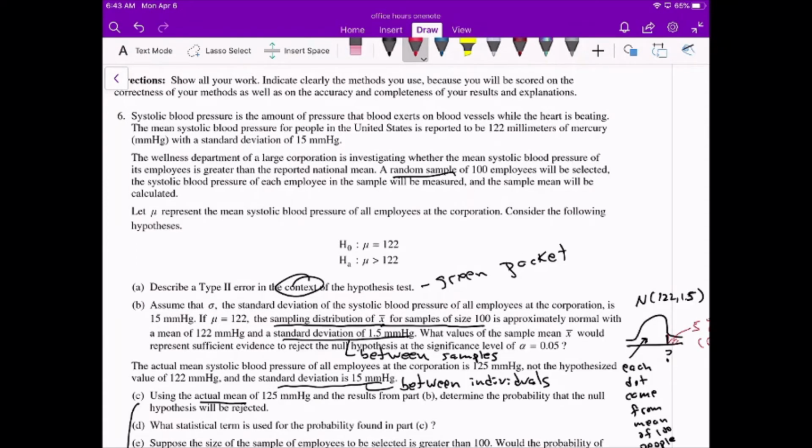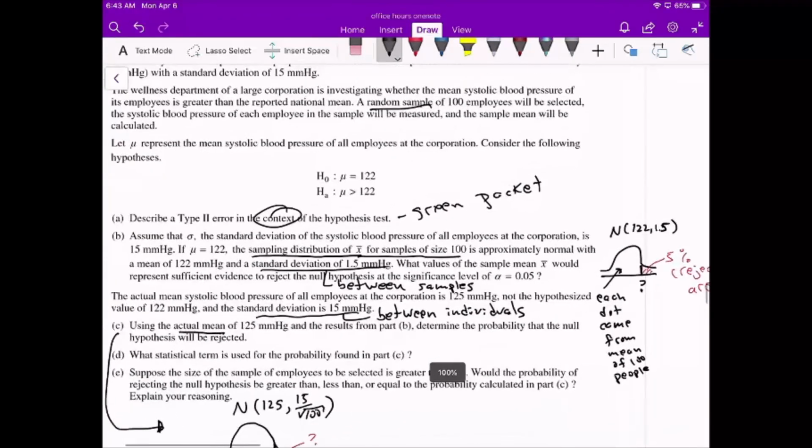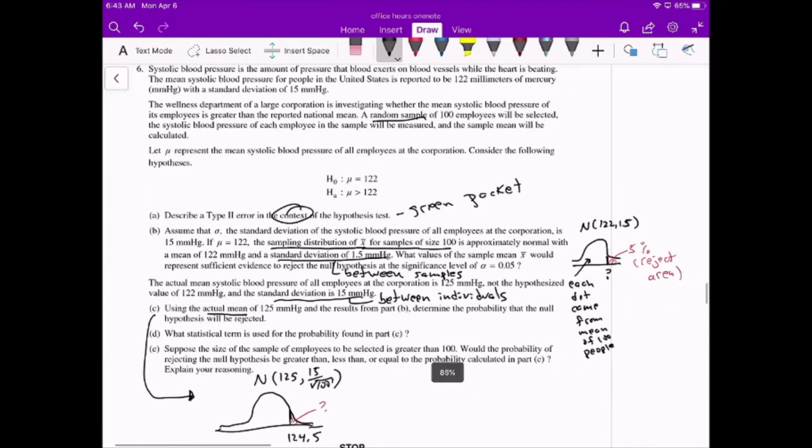All right, question number 6. This is a hard question. For part A, this is a vocabulary thing. You need to look up type 2 error on your green sheet packet and describe what that would be in the context of this question. For part B here,